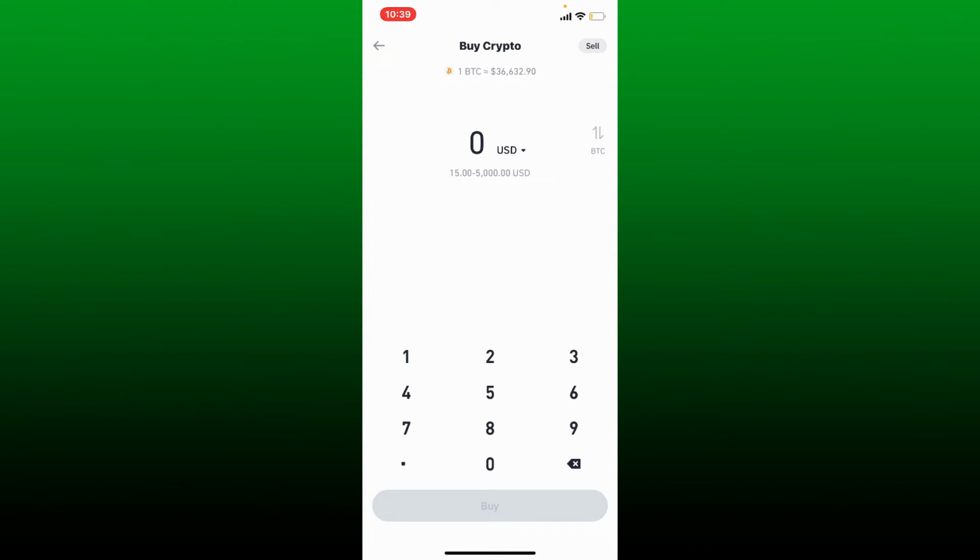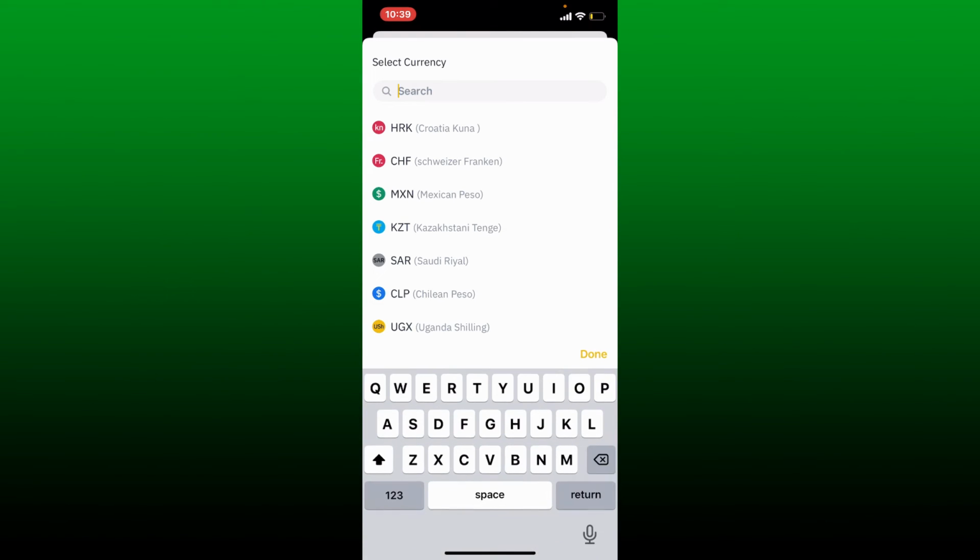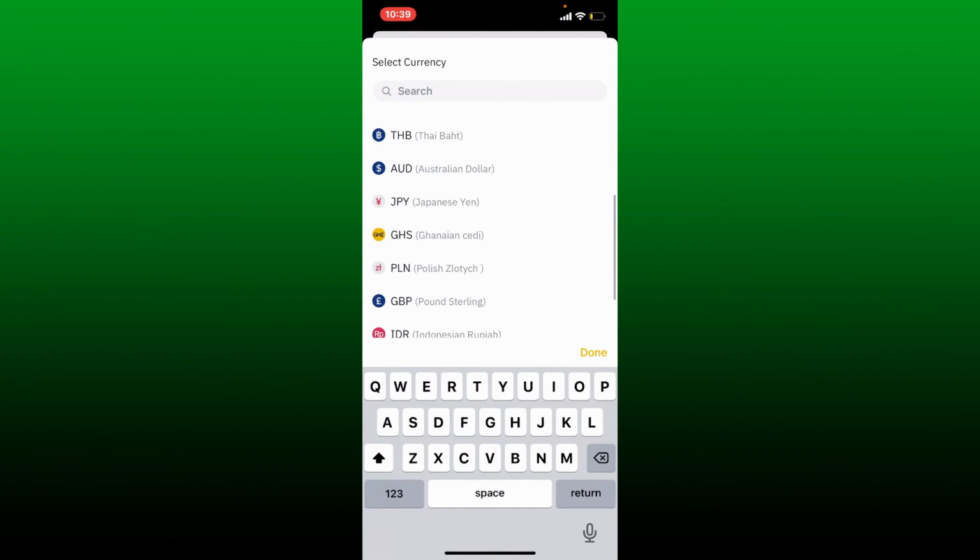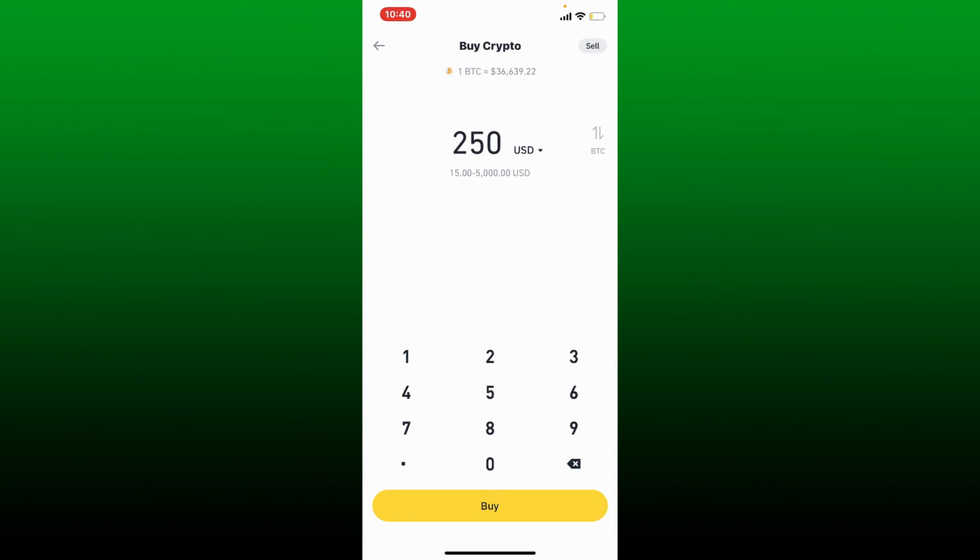Now, type in the amount of Bitcoin that you'd like to purchase in the text box that appears at the top. You can select your currency that you'd like to use by tapping on the USD and selecting one of the currency from the options. Finally, tap the Buy button at the bottom of the screen in yellow in order to go ahead and purchase